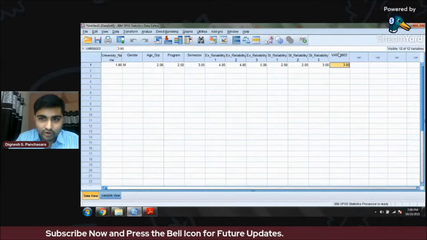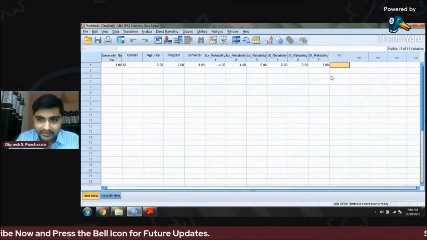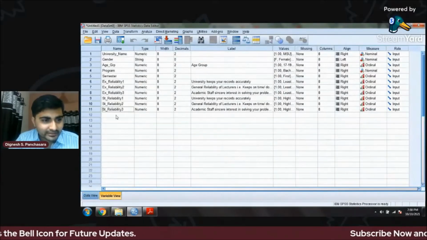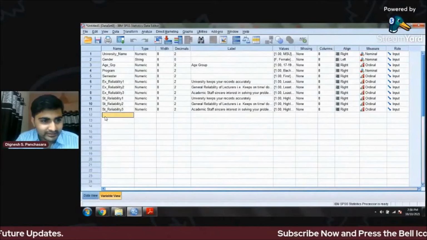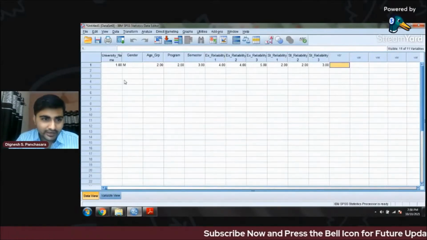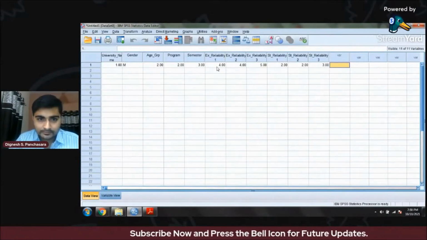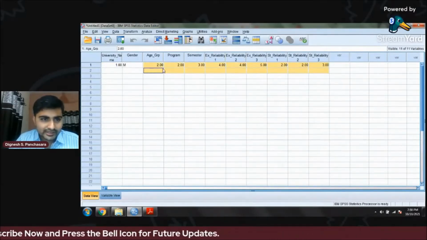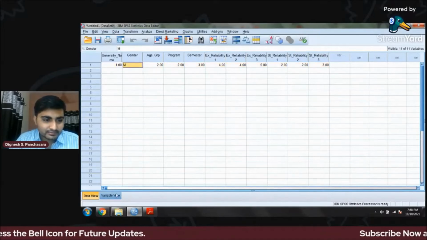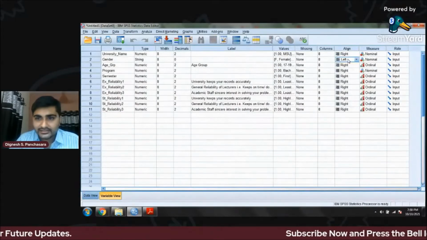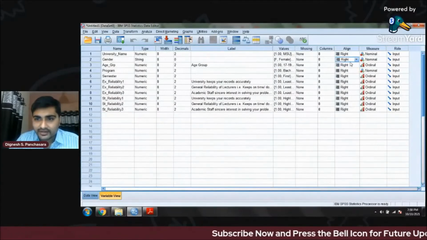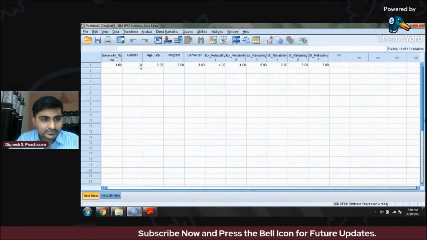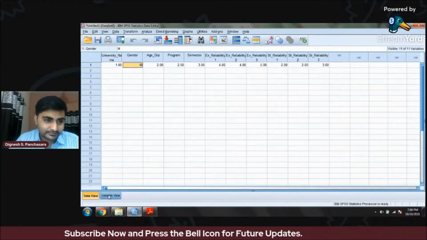By default, this data is cleared in the variable view as well as the data view. Please keep in mind that all the data is right aligned except this, because here left alignment is there.